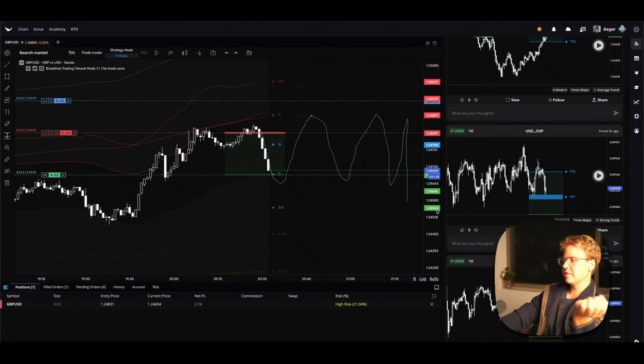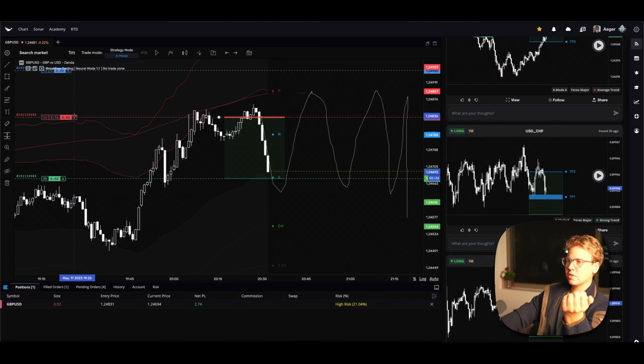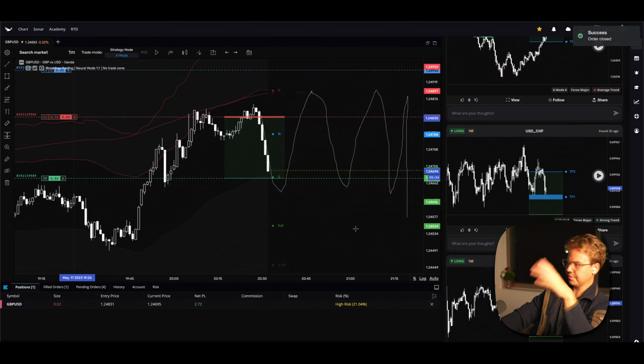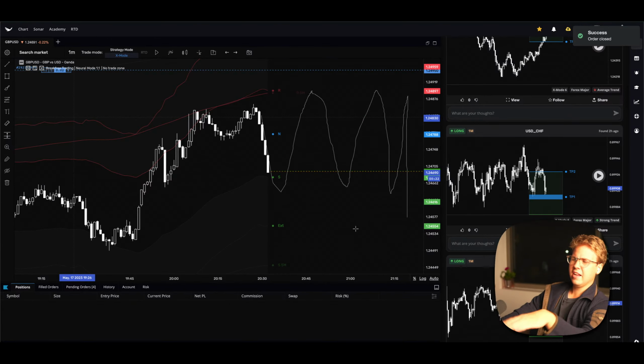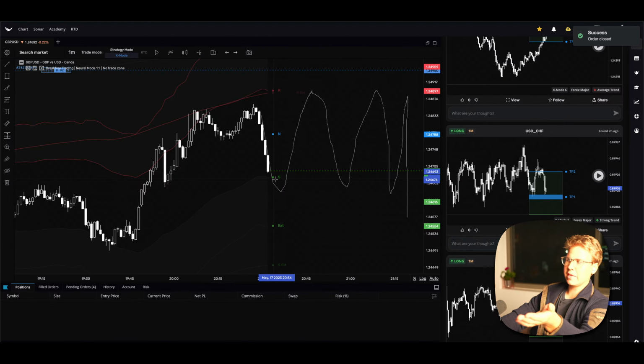Look at that. Is that a TP? Almost. For me, that's good enough. I'm not greedy like that. I don't necessarily wait until it hits my TP. I just take it, because we're working on such low time frames that